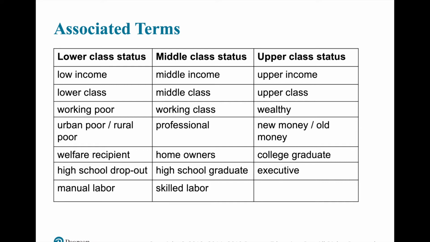So we have some terms that are associated with class status, and you're likely going to hear many of these in your counseling sessions. So for lower class status, we have terms like low income, lower class, working poor, urban or rural poor, welfare recipient, high school dropout, and manual labor. And then for middle class status, you may hear terms like middle income, middle class, working class, professional, homeowners, high school graduate, and skilled laborer. And then for upper class status, you may hear things like upper income, upper class, wealthy, new money, old money,